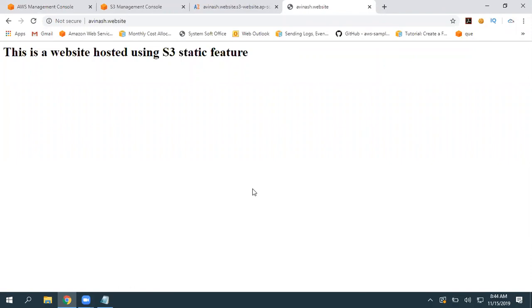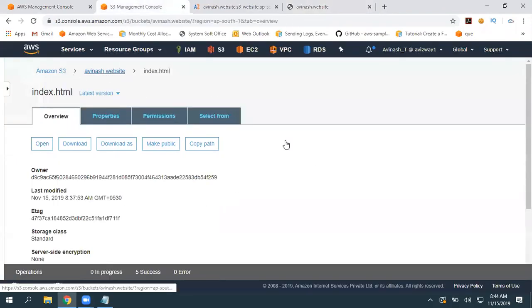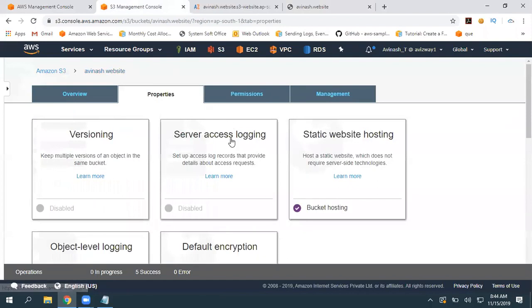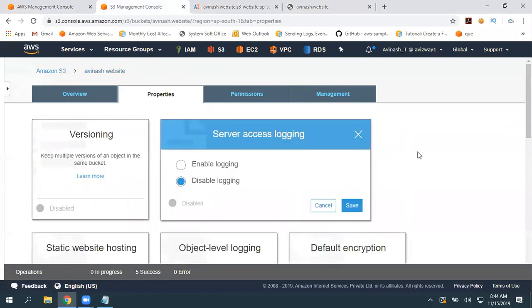Okay. So if you want to track all the changes happening on this, or what kind of requests we got, from what public IP address we got and all, yes, we can go to properties and enable server access logging on this bucket. Then it will tell us from what network that request came, what the public IP address is, and what browser version they are using. We will get that information, but not the username and all. We cannot get that type of information. The uniqueness will come across the globe with the public IP address. So for that, you must enable server access logging.